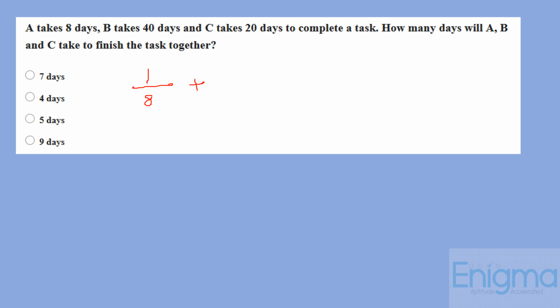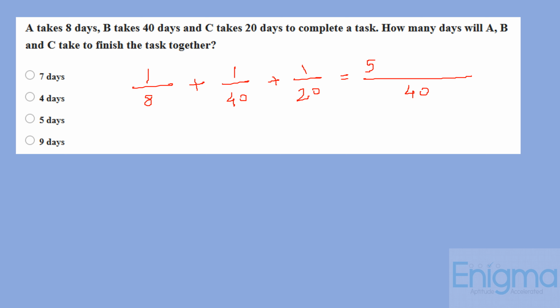So 1 by 8 plus 1 by 40 plus 1 by 20, where basically we are finding out the amount of work done by ABC in one day. And as all of them are working together, we add the fractions. Now the LCM of 8, 40, and 20 is 40. So therefore,